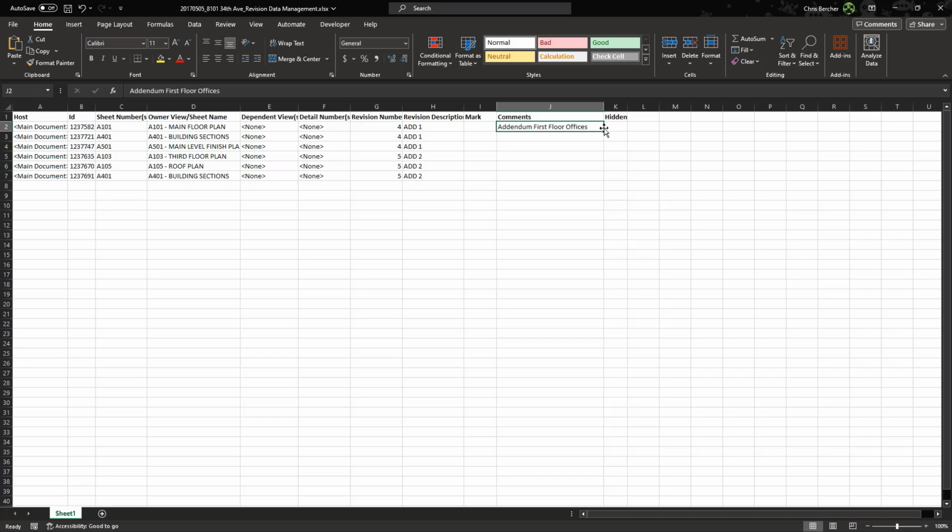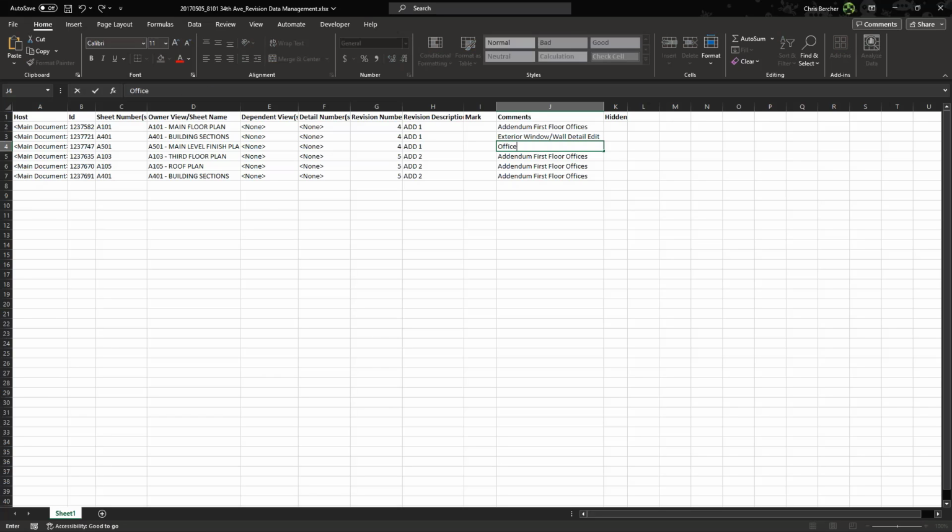And put additional notes in. So let's do this one. This was an exterior, I can't spell today, exterior wall or window wall detail edit or something like that. I forget exactly what it was that I had highlighted, but I know it was on the exterior wall. Office, system, fern, adjust. So I'm just adding some notes here, and however you want to coordinate that,